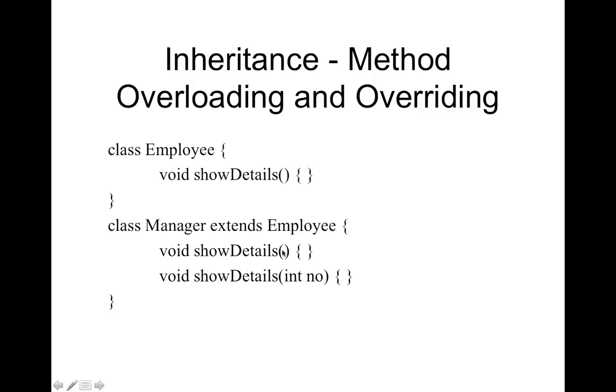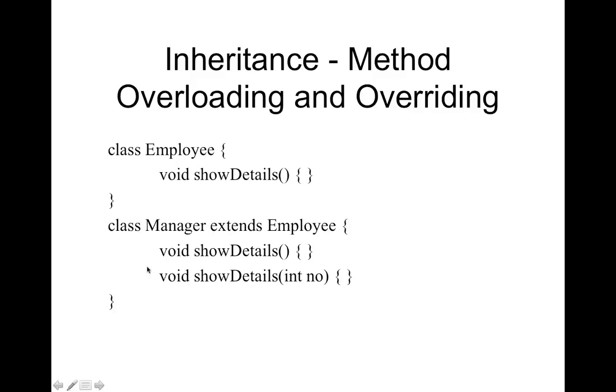Okay, so these two are nothing but overloading. Here we don't have an argument, here we have an argument. The only difference between these two is the argument that is being passed. So that's why it is overloaded. Whereas this showDetails method has the same return type and same method signature. The parameters that we pass are called the method signature. The way this method is defined, void showDetails without any arguments, is called the signature of that method. So the signature of that method did not change between the parent class and the subclass.